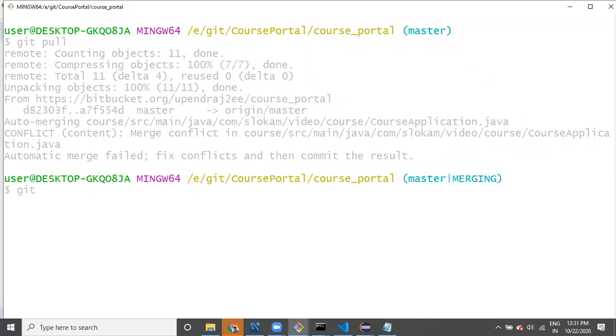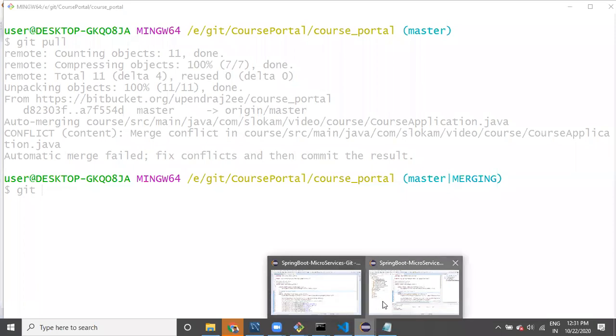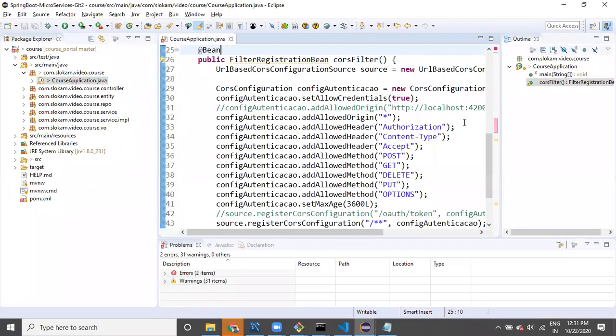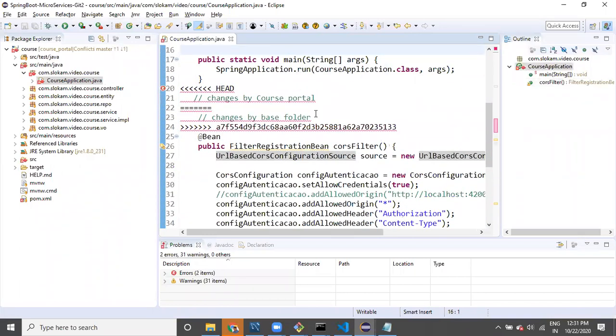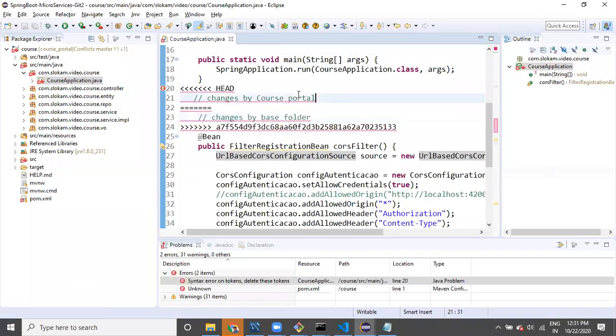See, fix conflicts, because in the same file, in the same line we have modified it. If I open it, whenever we pull the code, see here guys, you can see some errors. Why? Because you have modified this code. This is your code.